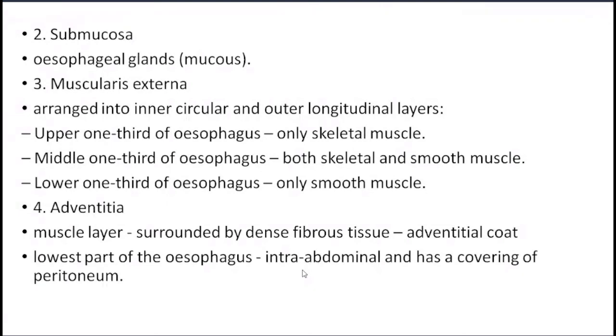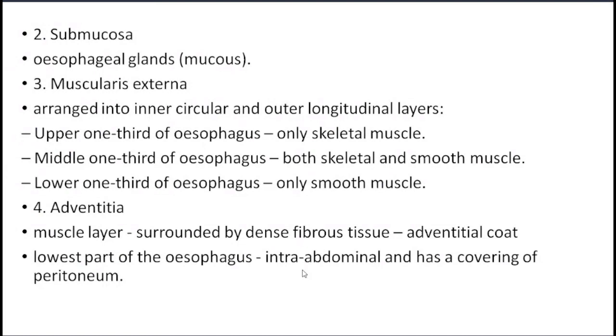So in the tongue slide also you will find epithelium, but in the tongue slide you will get the bulk of the skeletal muscle along with the seromucous gland. So you should be able to differentiate this slide from the other structures. That means you have to identify one structure against another, but you can identify only when you know the typical structure of the esophagus, then you are able to differentiate it from the other slides. So this is all about the histology of the esophagus.